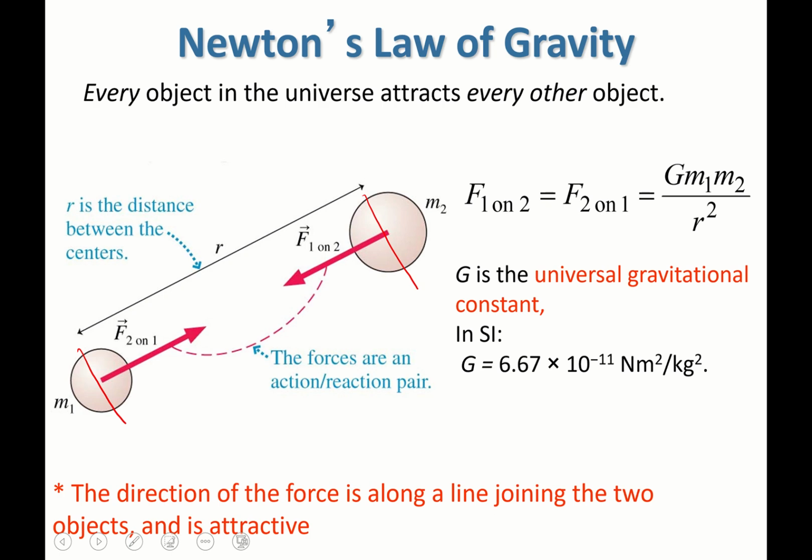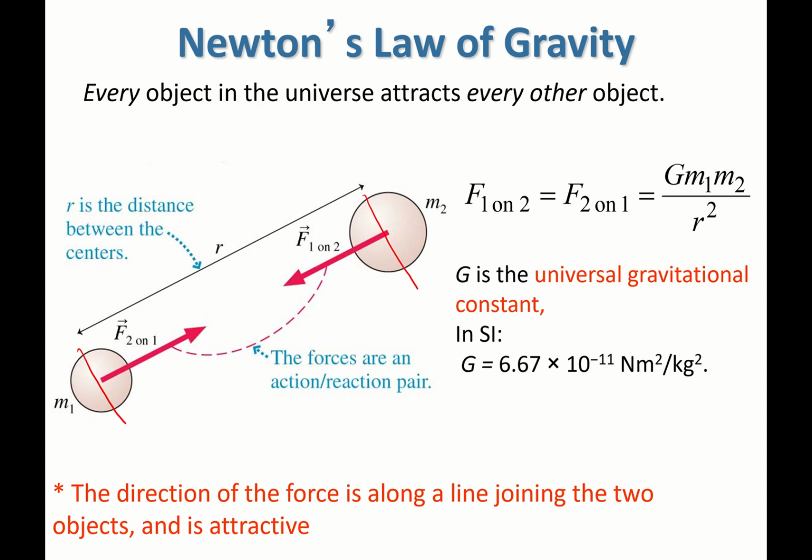Okay, so let's quickly talk about gravity and how to do gravity problems. So for gravity, what we know is Newton's law that the force between two objects is going to, of course, be equal and opposite action-reaction pairs. The gravitational force between two masses is a constant G, which is a very small number, 6.67 times 10 to the minus 11 Newton meters squared per kilogram squared, times m1 times m2, so it's proportional to the masses, and it's inversely proportional to the distance between them squared, and it's an attractive force just along the line between the